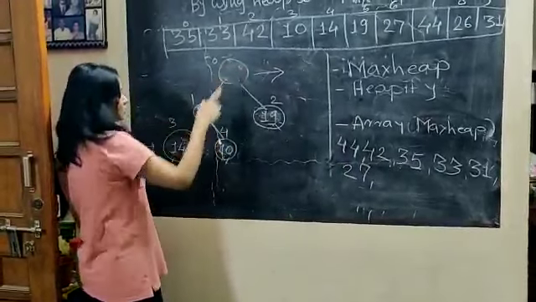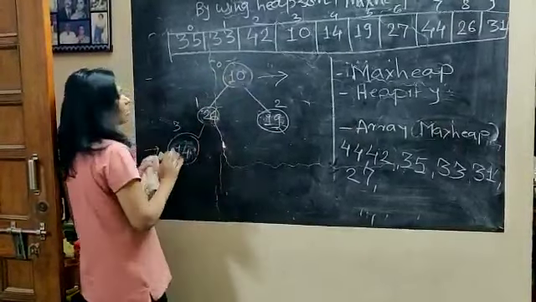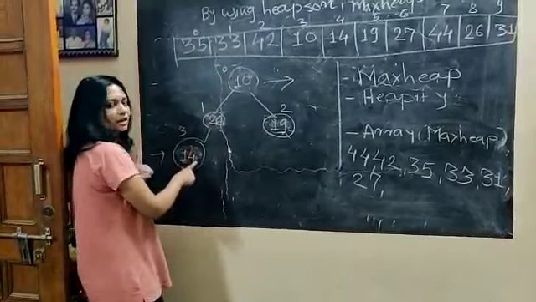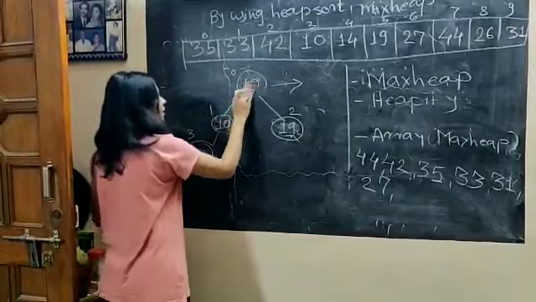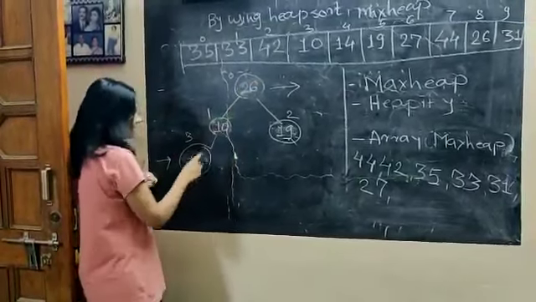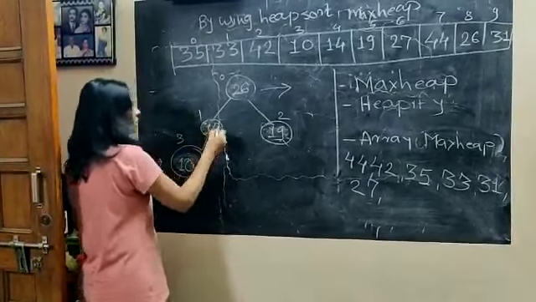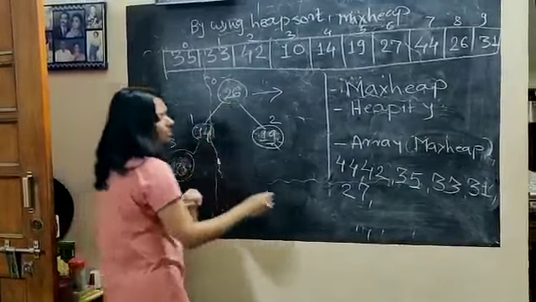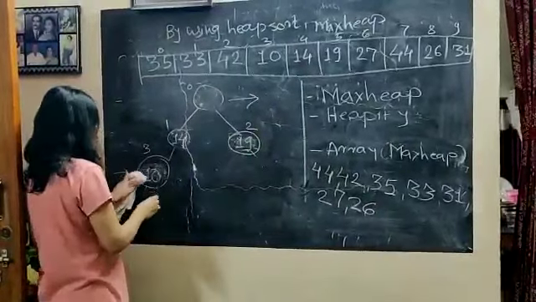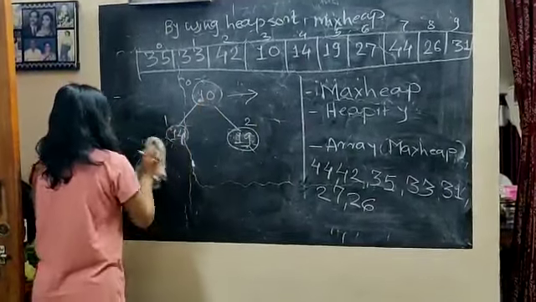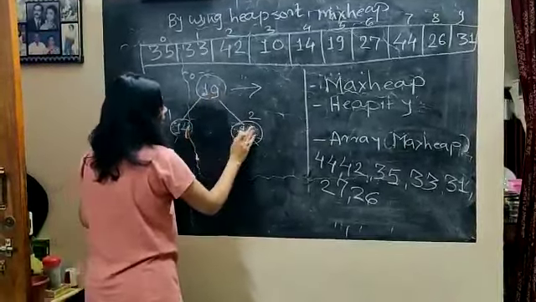Now again your root node is replaced by the last node, that is number 10, which is at the 4th location. Now again check, 26 is greater than 14? Yes. But in 10, 26, 19 there is a mismatch, so 10 and 26 will be replaced. But here again comes a mismatch, so 14 and 10 will be swapped. Now the tree is balanced, so our next number is 26. Now you will remove the root node from here and the next number is 10. So now 10, 14 and 19, we will do the swapping between 19 and 10.